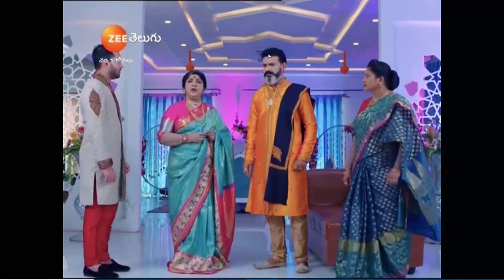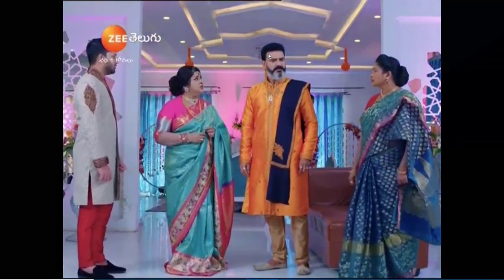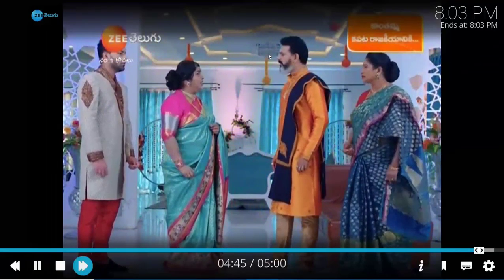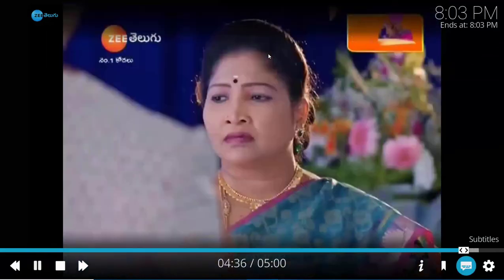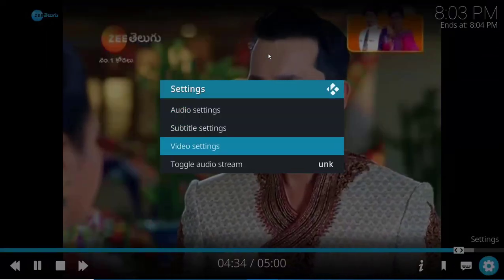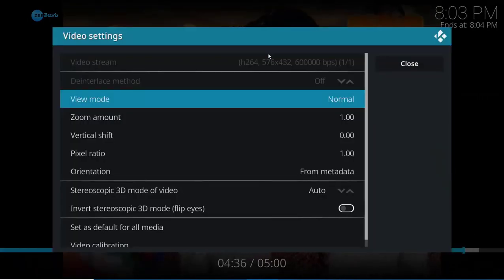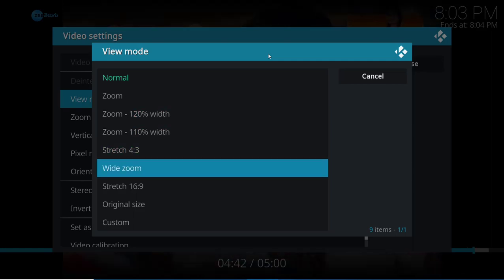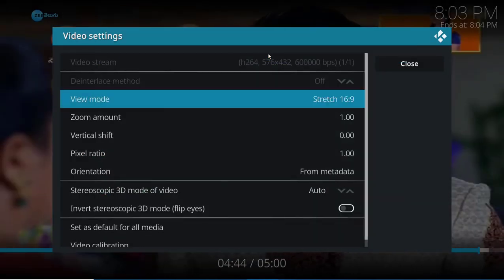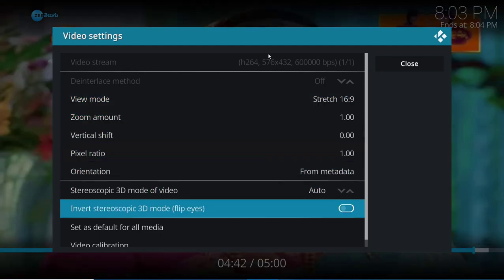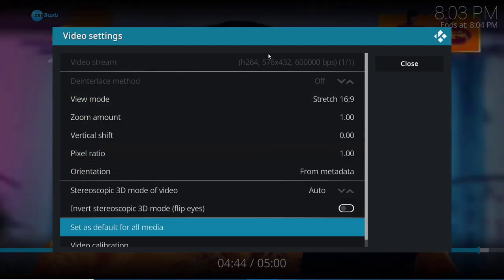So how to do this: select the OK button on your remote, then go to the last settings button and go to video settings, then view mode. In view mode select stretch 16:9. After doing this, go to the bottom and set as default for all media.